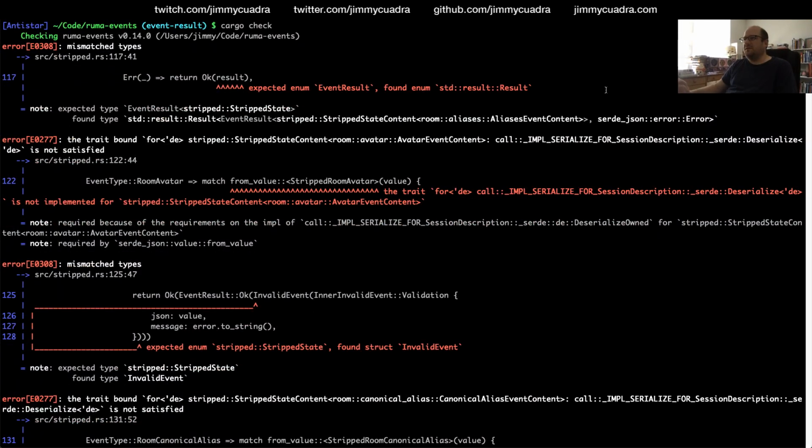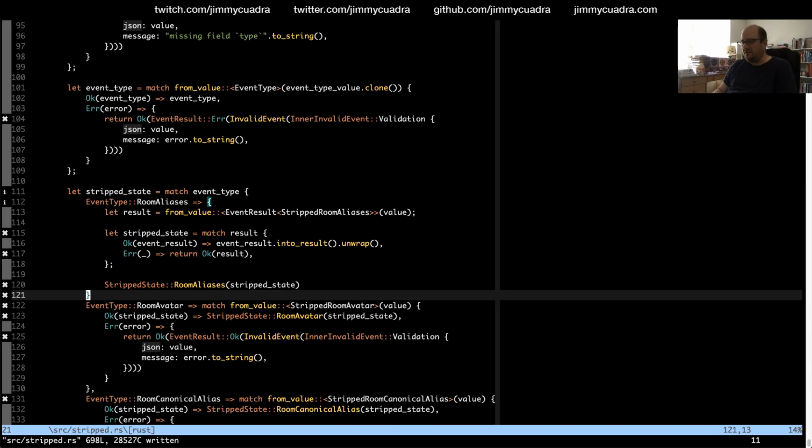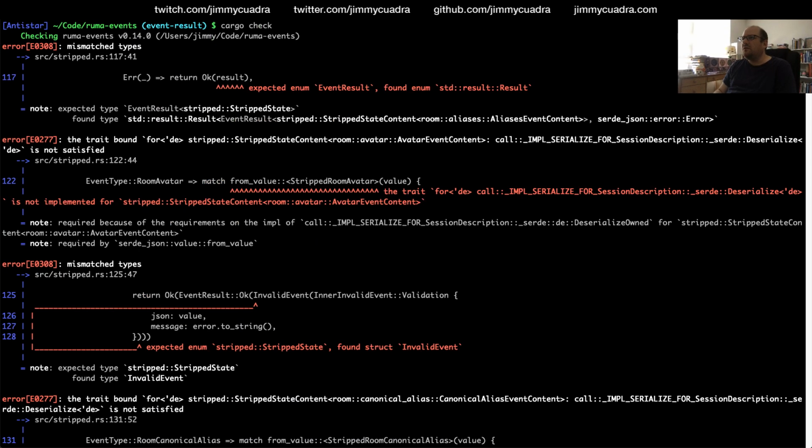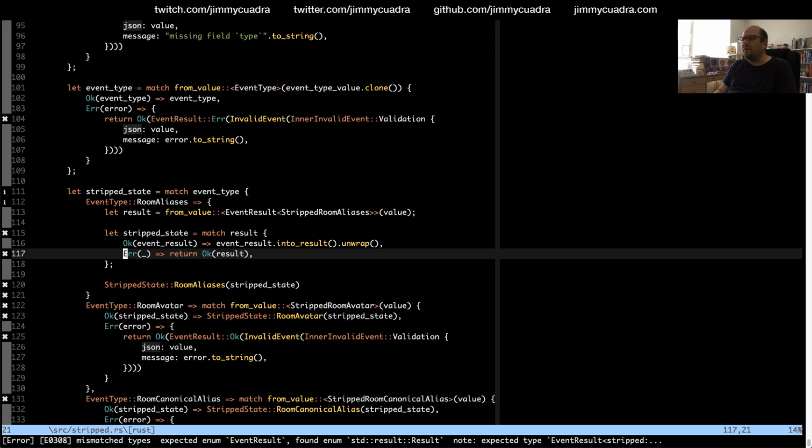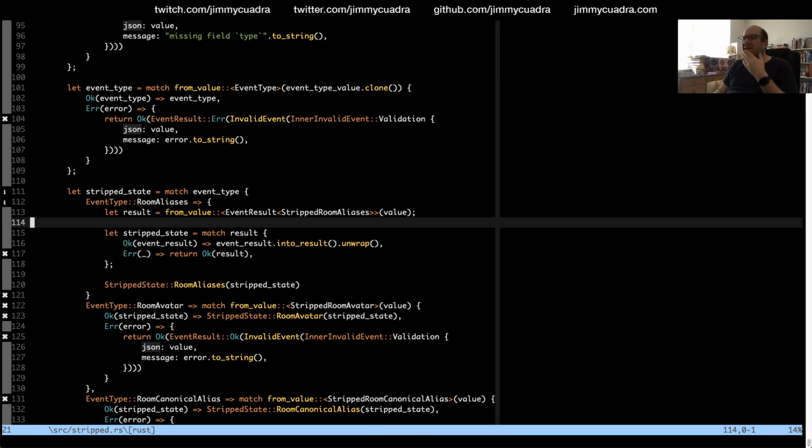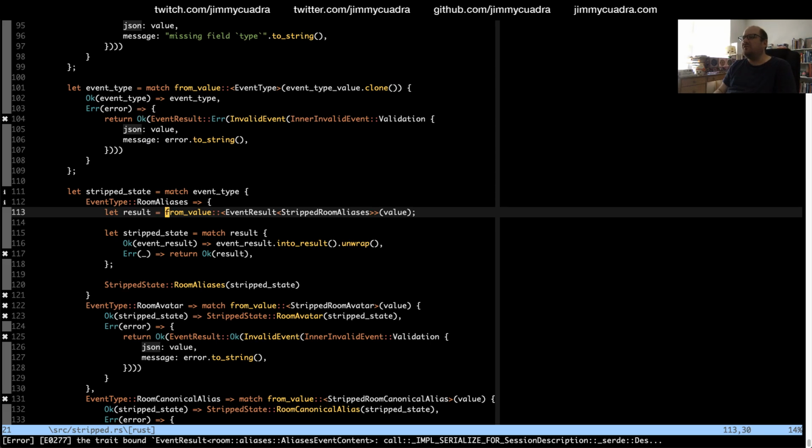I was thinking this would be an easy project to finish today, but it's turning into a real can of worms. Still having a problem here. Expected event result, found result. What the hell? So if the from value conversion fails, I guess we have to construct a new error in that case?